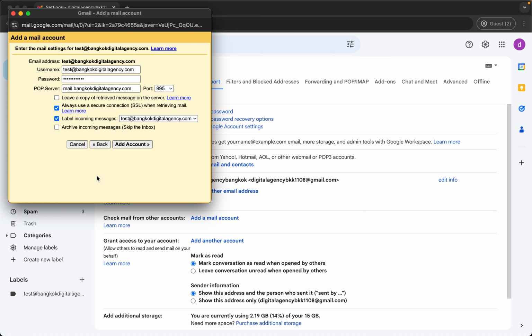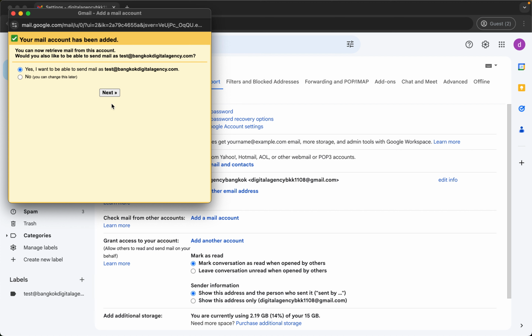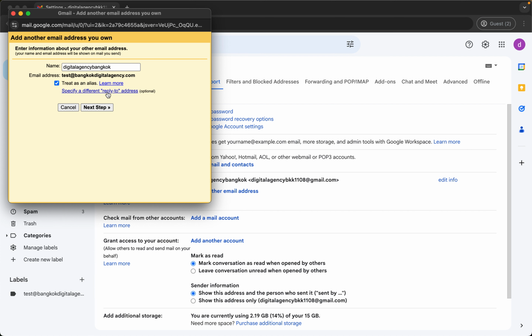Even on your mobile phone or tablet or any computer, you have to come to Gmail to check Webmail, because it will delete the original email on the server. But if you want to leave a copy on the original server for any reason, you have to check this, but I will not check this. Then click Add account, and in this screen just click next,